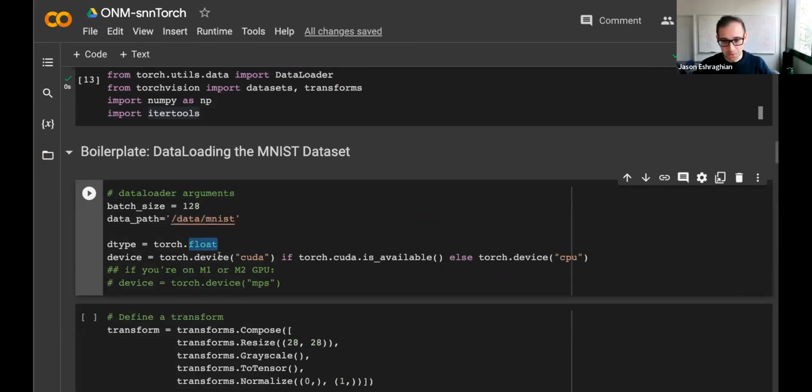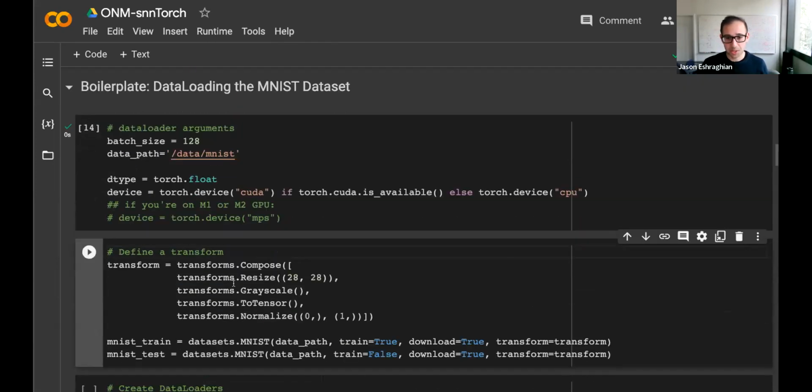We use floats; do mixed precision and other fancier tricks if you wish. If you have a GPU, then your device will be set to CUDA. If you have a CPU, then it'll be set to CPU. And if you're running this locally on Apple Silicon and you have a GPU in your M1 or M2 MacBook, PyTorch recently added this feature, MPS, Metal Performance Shaders or something like that. I don't know what it stands for, but that works now. I think you need a very specific version of PyTorch to get that working. But yeah, let's run all that.